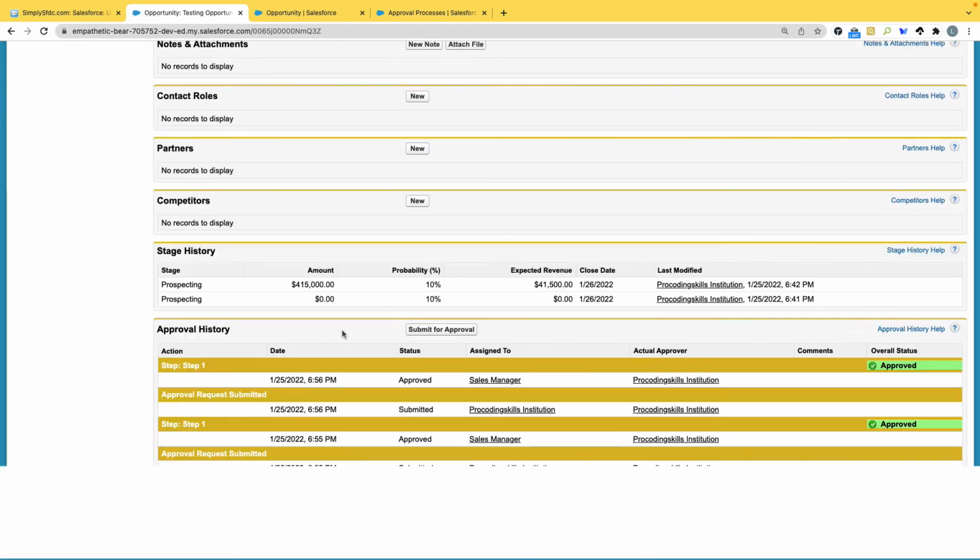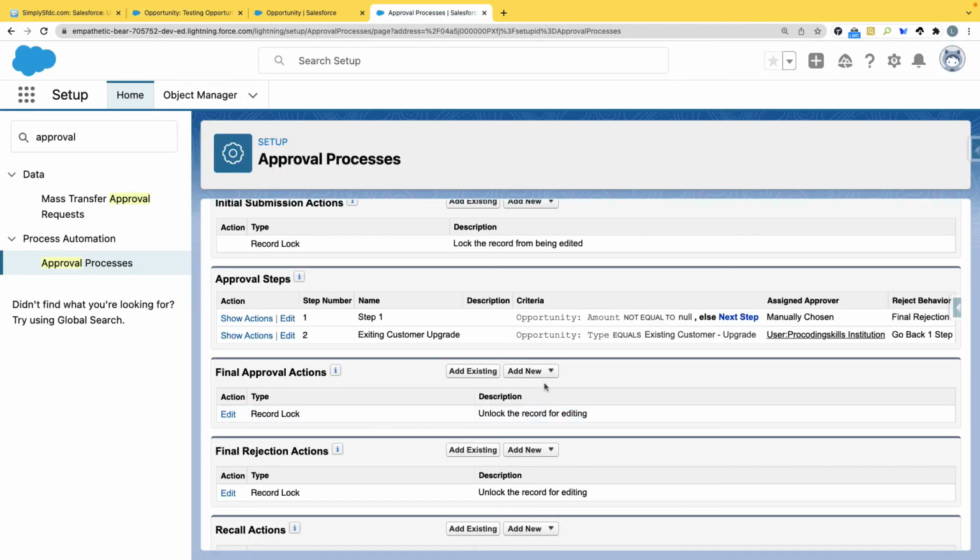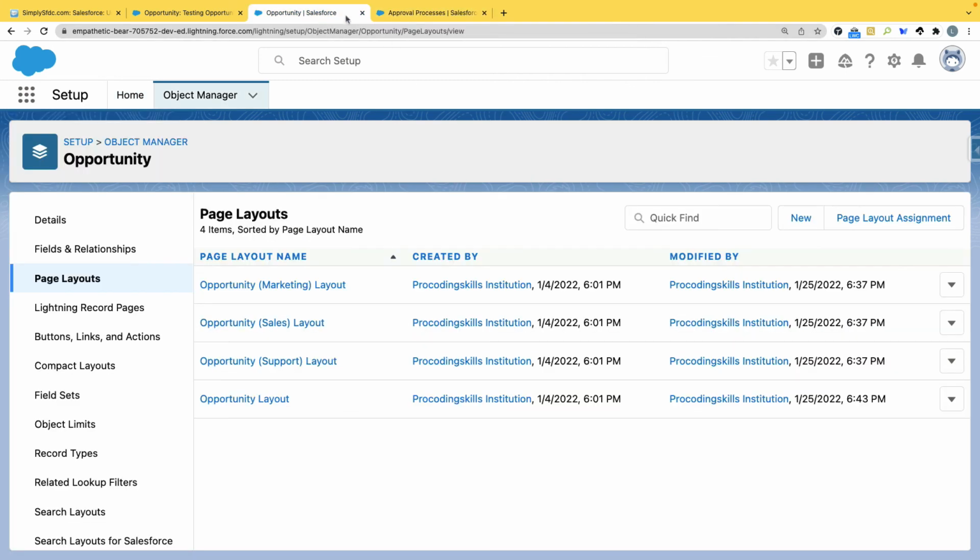Every approval step will have approval actions and reject actions. If you want to configure your approval action at this stage of approval, what do I need to do? At this stage of rejection, what do I need to do? That we can configure. Now, here you can see from step 1, it should continue to step 2. So what I'll do, edit it, next,